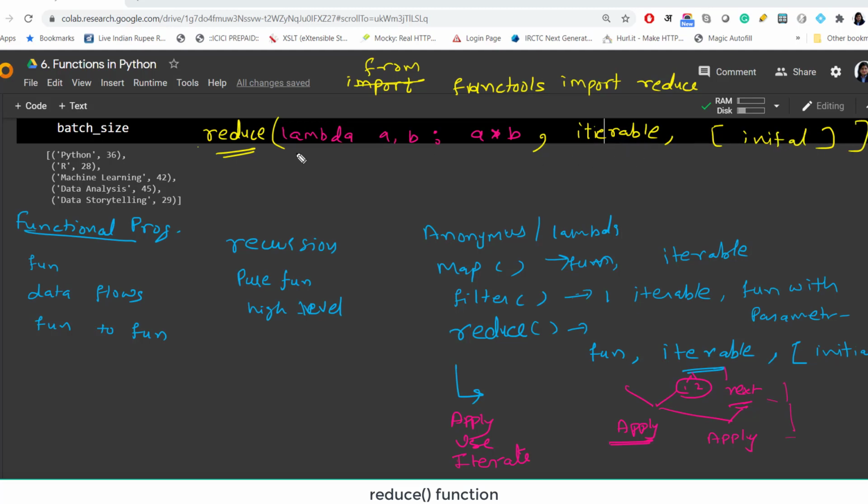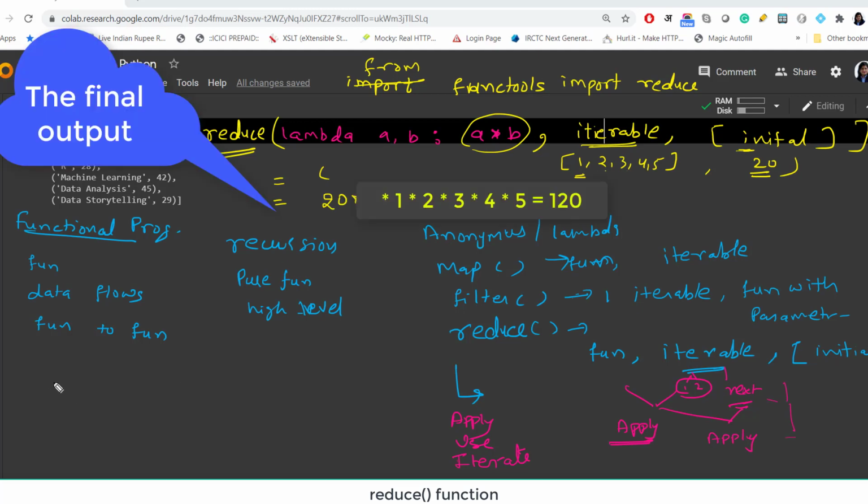And when we do this, suppose it is a list, it will do multiplication for each element of the list in an iterative manner. If you have given the initial value, first of all it will take that initial value and give the multiplication here. So for example, suppose you have the numbers 1, 2, 3, 4 and 5, and suppose here you have 20 as the initial value, and of course you have this function. So what would be the output here? It will first take this as the first element, this as the second element, and apply this function here. So you will get 20 as the first result. I hope it is clear for you.